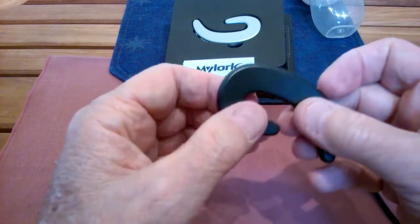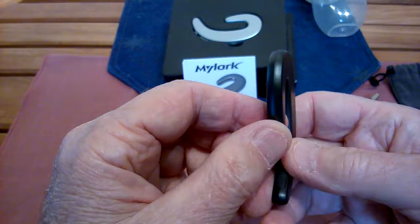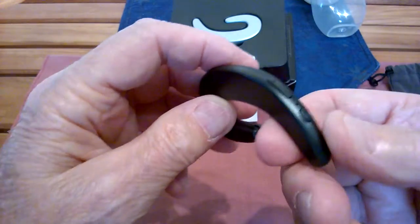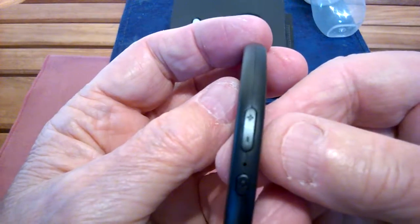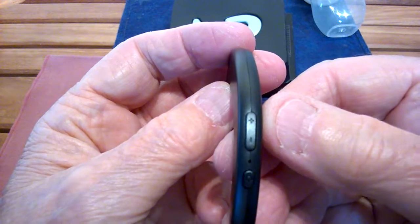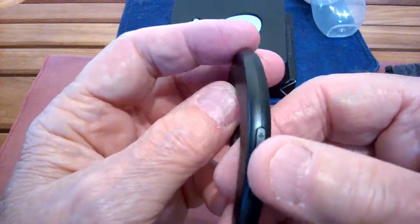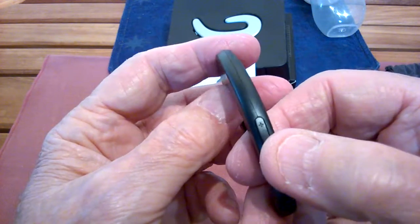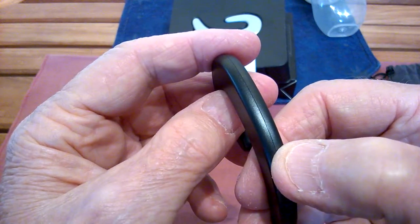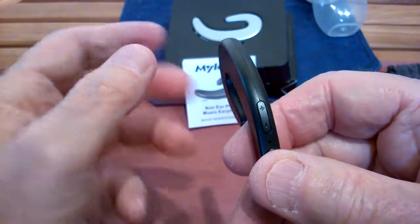You'll find several of these for sale, pardon me, by different places on Amazon. This is at least the newer version, and I think the best because it has a volume control. Can you see the plus and minus there? One click for louder or one click for softer, plus and minus. If you hold down on it, just like a lot of other Bluetooth devices, if you hold down on the plus sign for a couple of seconds, it'll go to the next track of whatever you're listening to, assuming it's a